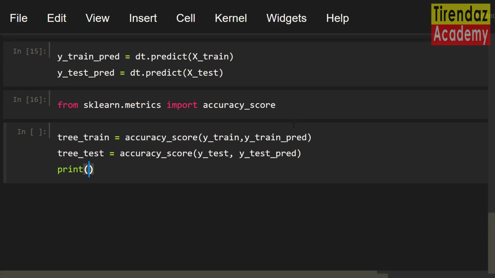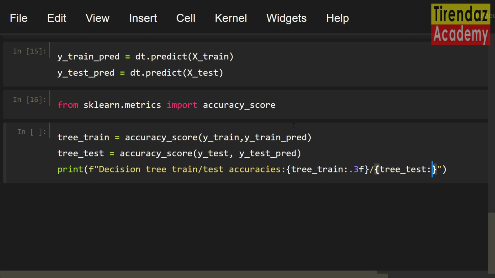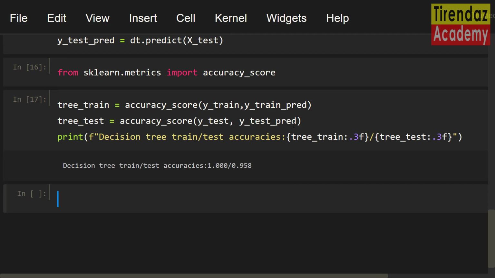Print f quotation marks decision tree train test accuracies curly brackets train colon. To see only the first 3 digits, let me set .3f curly brackets test colon .3f. Here you go. The scores were printed.